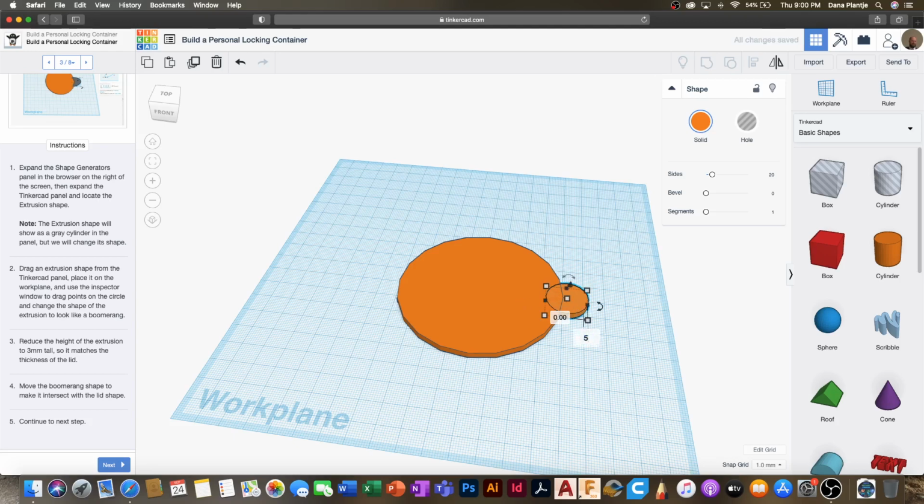I wouldn't go more than a total of 15 millimeters from when they were lined up on the outside edge, just so that your tab is going to be able to connect. This is why we do this step instead of the extrusion shaped as a boomerang. The boomerang shape is conforming somewhat to the outside edge of the large cylinder, and that doesn't guarantee that the pieces are going to mate together when we go to group them later. By having the overlapping circles, this guarantees that these two pieces are going to bond together and create the shape